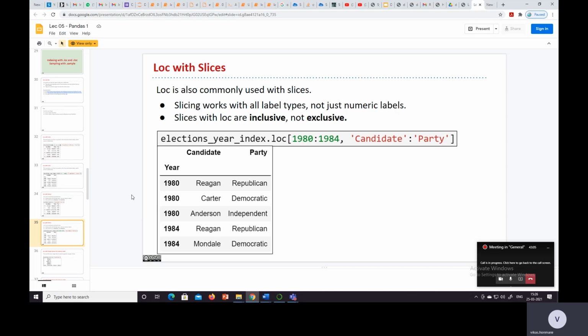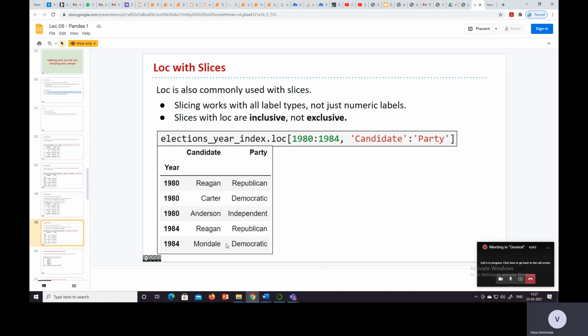and as per that index we have extracted the number of rows, like 0 to 4. But if we use a particular index, and on that index we extract the rows, then it will be extracted like 1980 up to 1984. In between that, whatever the years are there, all will be shown in this particular result. In the same way, for candidate and party, the columns in between will be displayed.